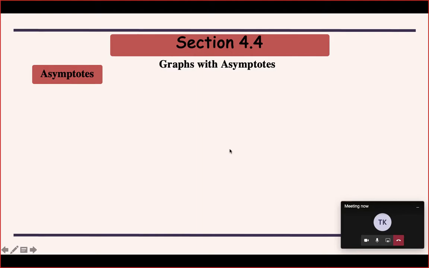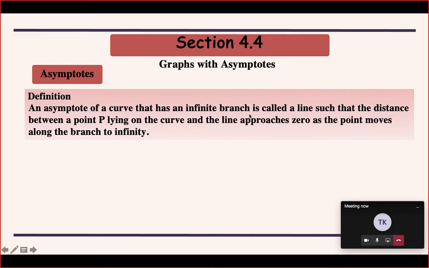Let's first begin with the asymptote's definition again. So basically it is a line, the equation of a line, such that any graph which you have has an infinite branch close to that line. So when you draw the graph or the curve of the function close to the line, you will see that the function is getting almost parallel to it and not meeting it. So it is like a branch which meets at infinity.